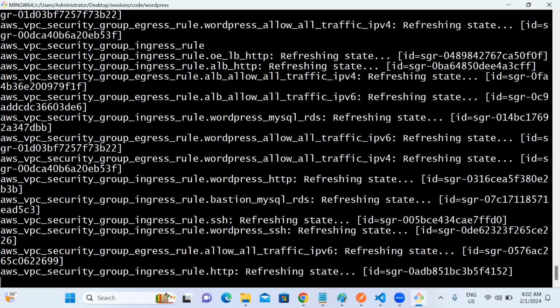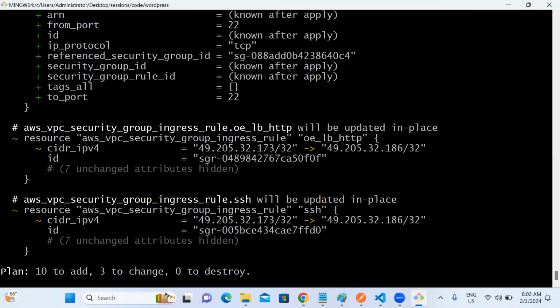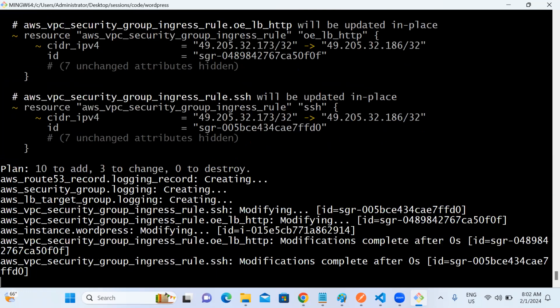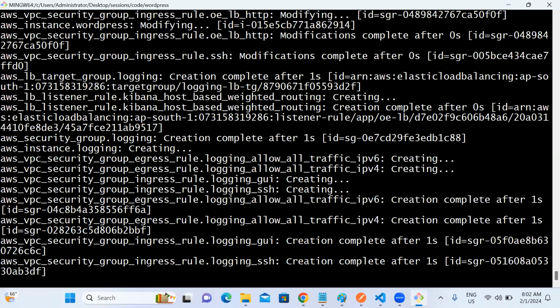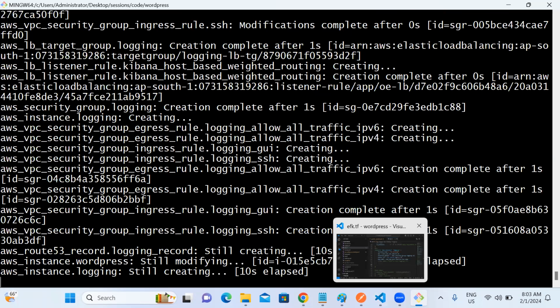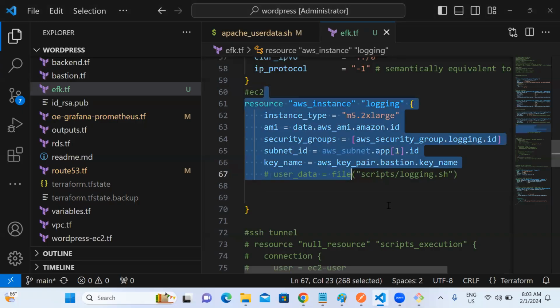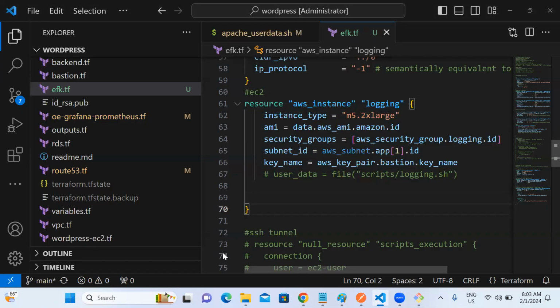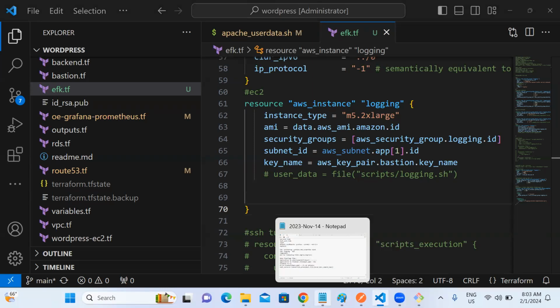So this Kibana and WordPress, are they in a public subnet or private subnet? WordPress is in the public subnet. Kibana EC2? It's in private. So both are in private subnets. Now, if you want to connect to this EC2 machine, if you want to do SSH to this EC2 machine,